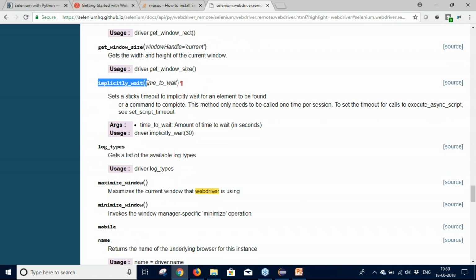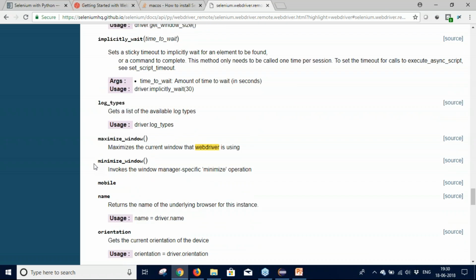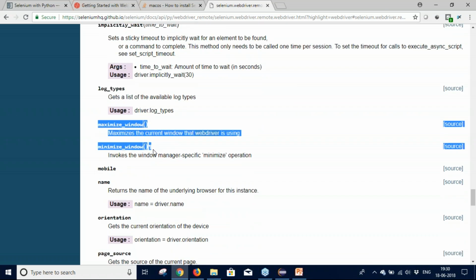Implicit wait is basically an inherent wait which we set for the browser to wait for an element to appear on the screen so that we work on it. So we implicitly align the script to wait for elements to appear on the screen for a certain amount of time. Maximize window, minimize window,